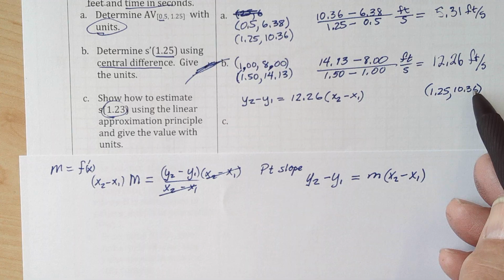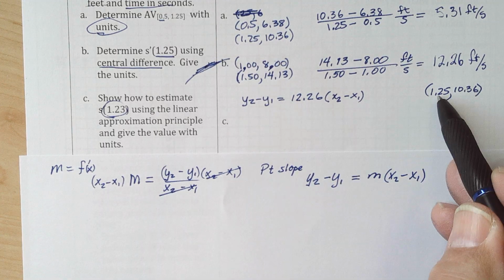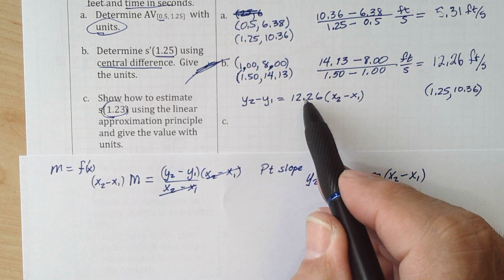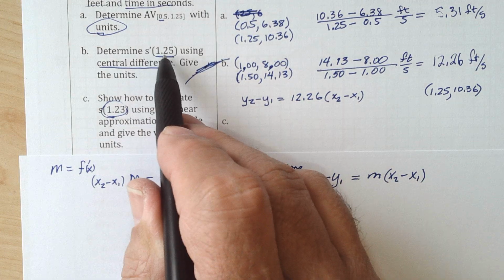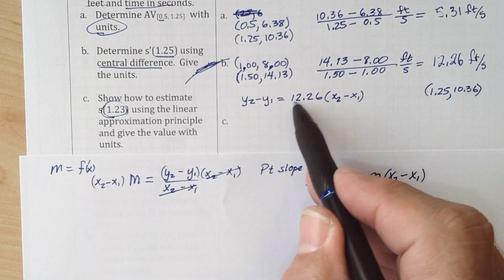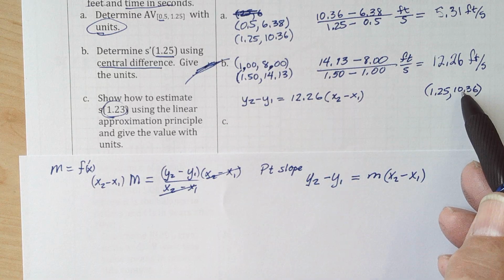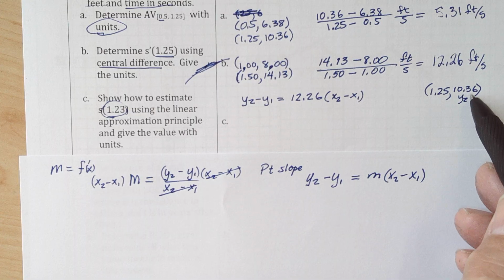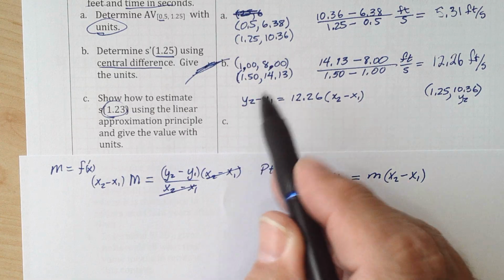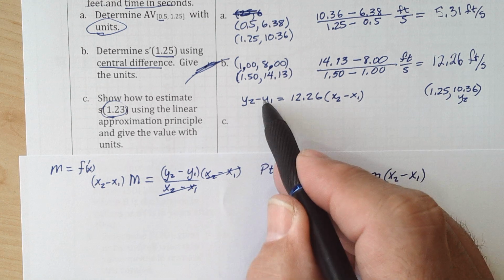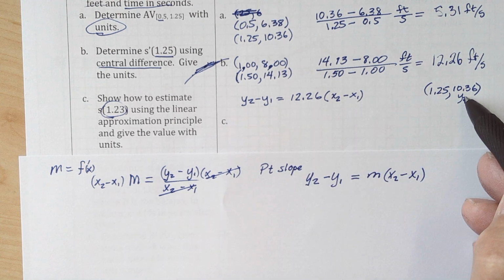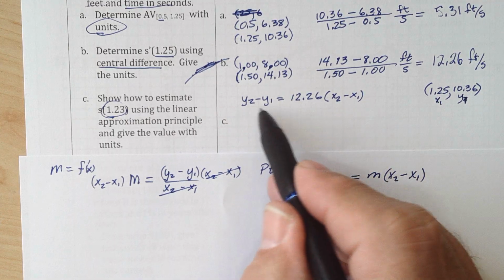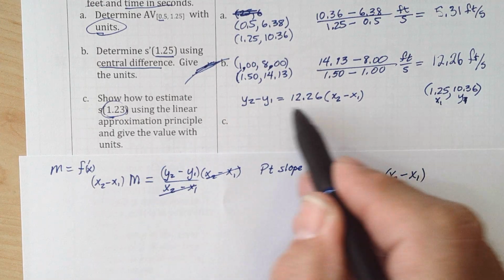So I can use this. I've used the slope, and I can use one point that I know the line goes through. This is supposed to be the tangent line at 1.25, because that's the slope there. So we can use for y2 this, or y1. I'll make it y1, and I'll call this x1, and I come up with an equation that says